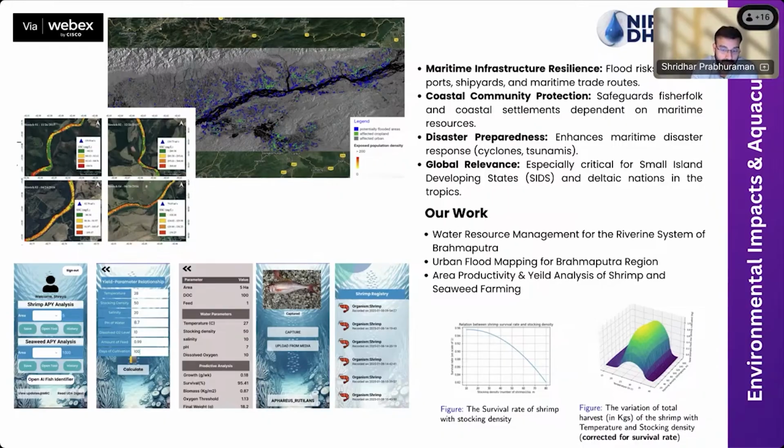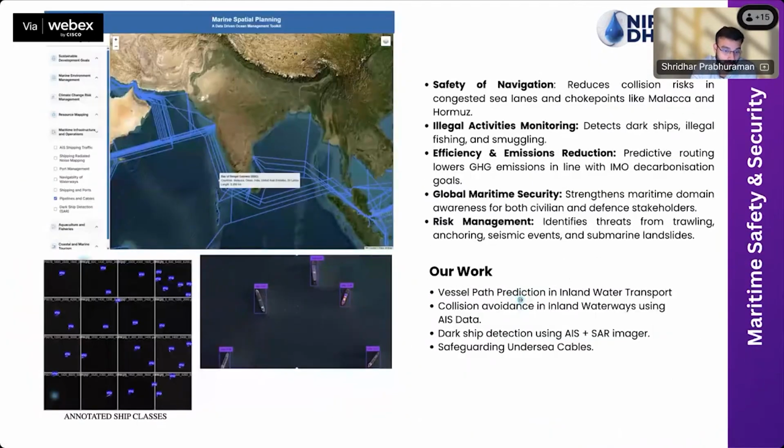So we created a regression model and integrated that, in which as a user, as a farmer, you can essentially feed in parameters: the temperature, the stocking density, the salinity, the pH, the dissolved oxygen. And what we end up doing is predicting what kind of growth, what kind of survival percentage and biomass we are looking at. And we established a study on top of the work that we had done. But this is again an important aspect of marine spatial planning, where we enable the community to increase their productivity.